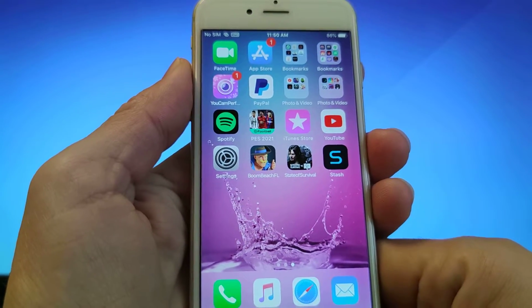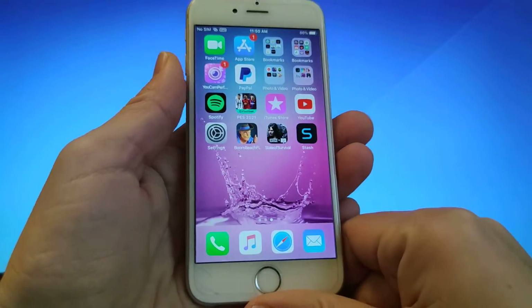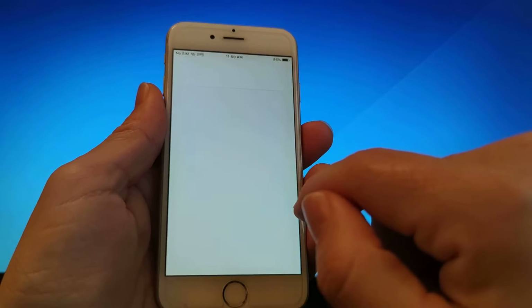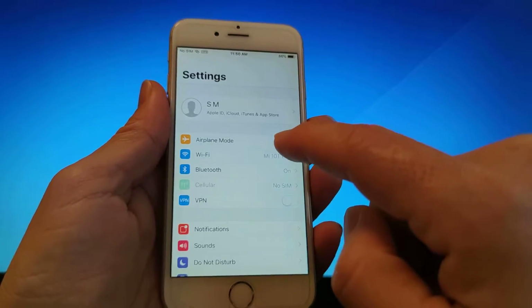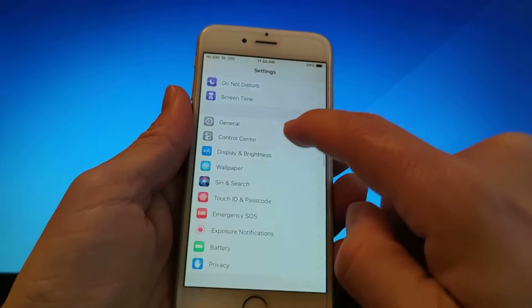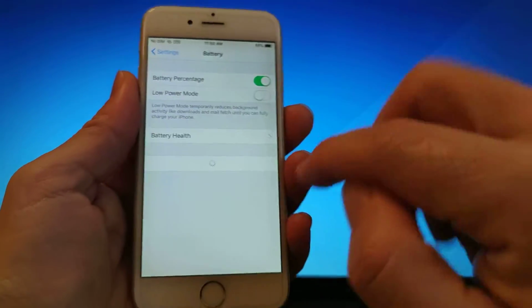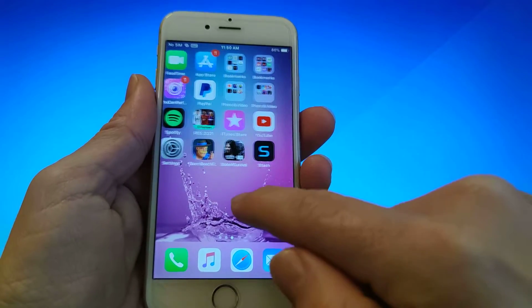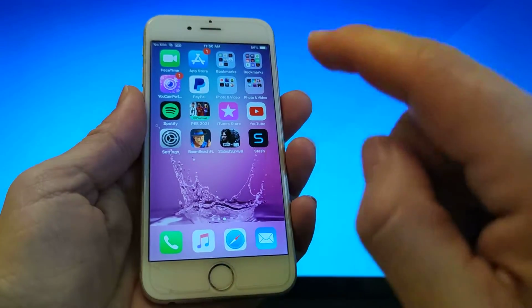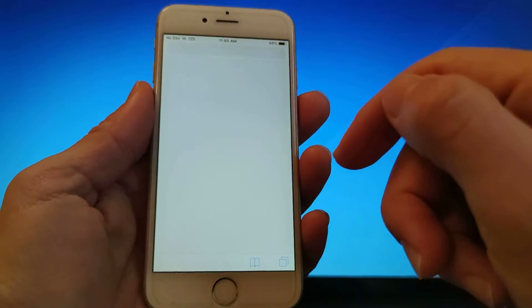So practically before we start this downloading process, you need to check in the settings that you are not in low power mode. Go to the battery and check this sign over here. The yellow sign should be switched off in order for the downloading process to be smooth, and you should have a good internet connection also. So next step, you have to go to Safari or any browser that you use,